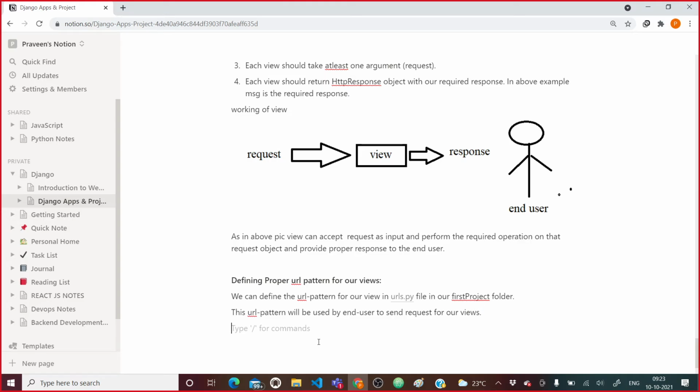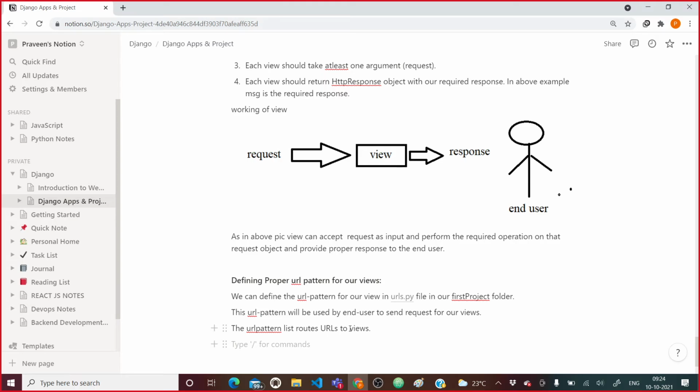Now the next thing, the URL pattern list routes URLs to views. It maps a particular request to a particular response in simple words.